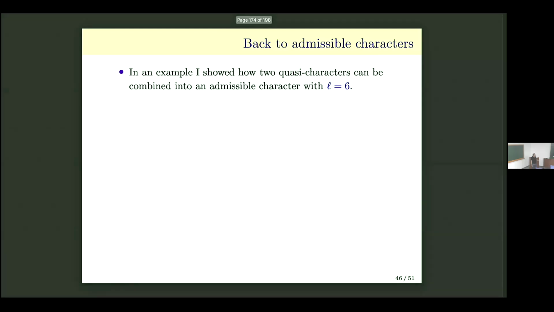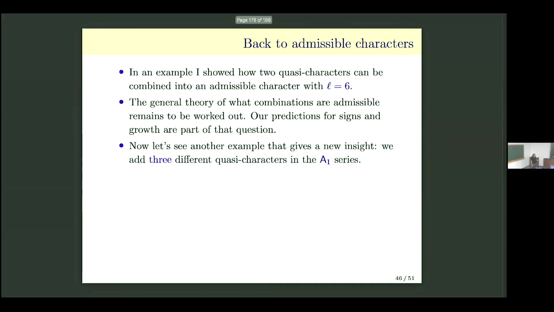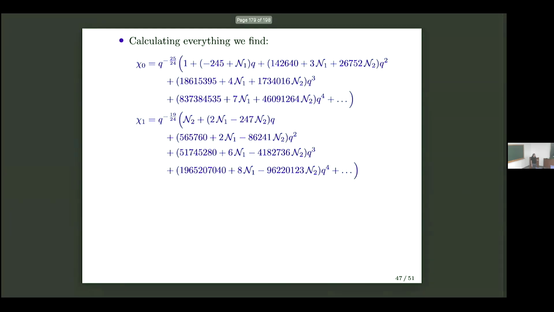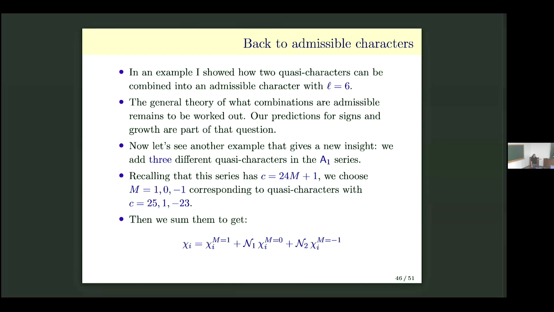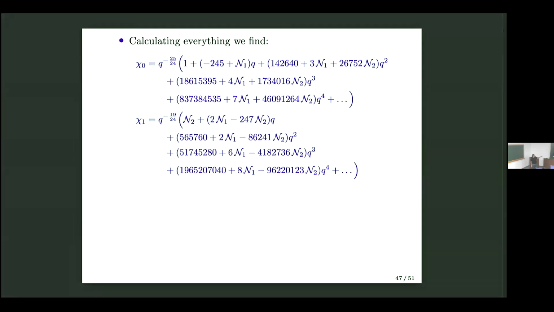So I'll conclude now. I'm just going to once more show you something, and I don't need to go through all this. Here is a sum of 3 different quasi-characters, and now you see why we did this problem at all. Now there are 2 integers. So I've added these 3 quasi-characters with arbitrary integers n1 and n2. And here you find